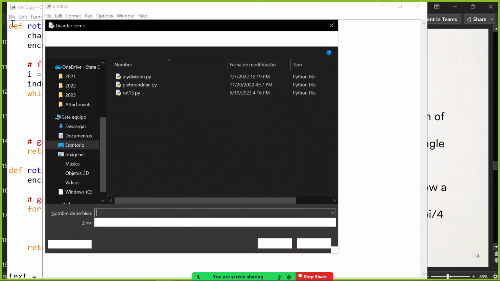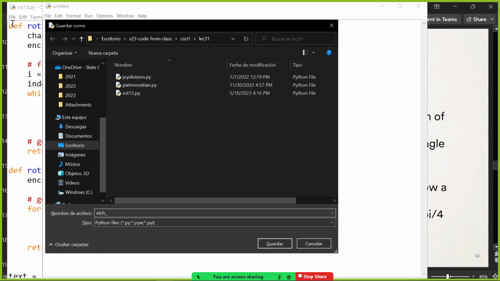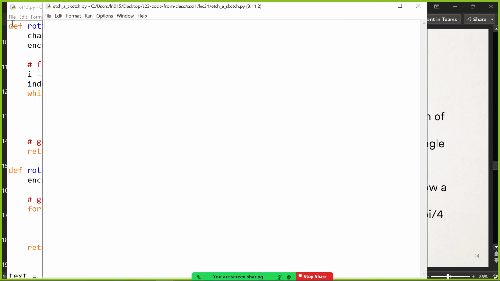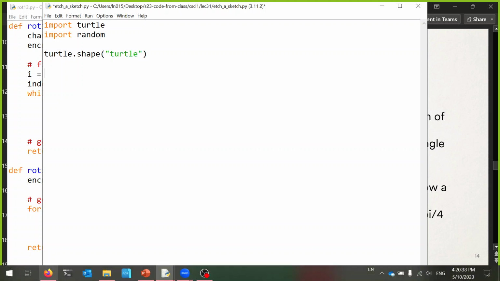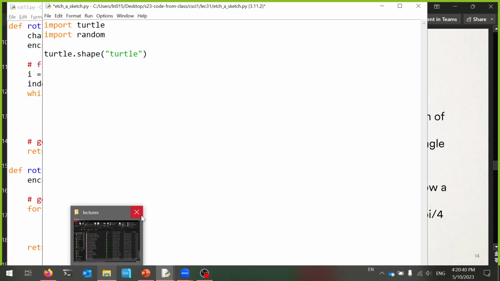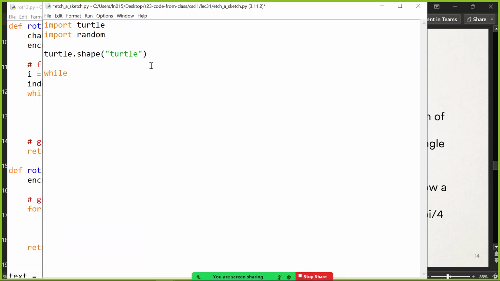I'll call this Etch-a-Sketch.py. We'll import turtle, and we'll import random. And I like my turtle to look like a turtle, so turtle.shape turtle. And what I'd like to do is keep on doing this repeatedly, forever, while True maybe.